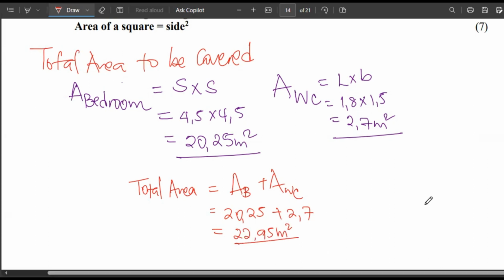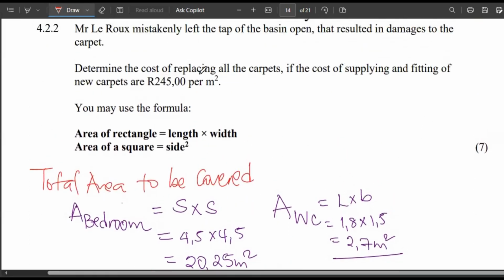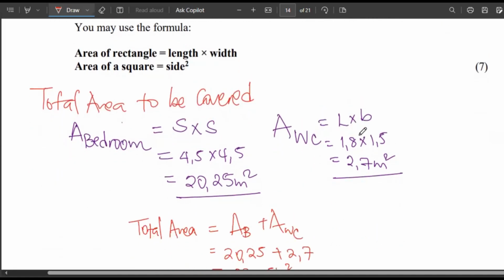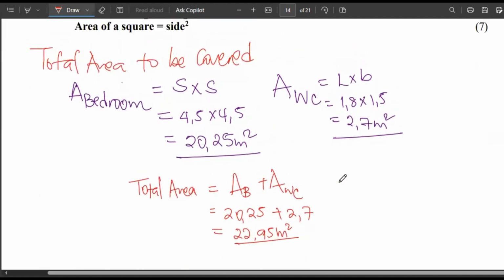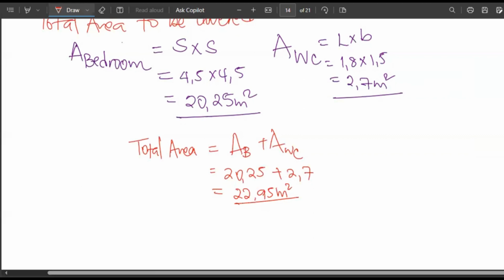Then, because we are determining the cost, first we had to find the area. So we've got the area now. Now we are going to look for the cost per meter. Someone has to pay 240. So we shall say the total cost